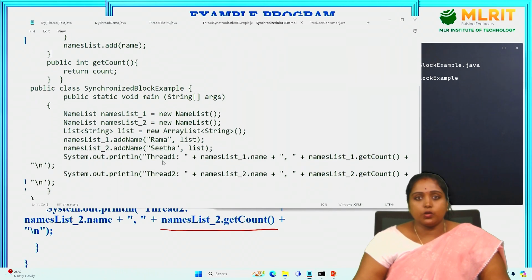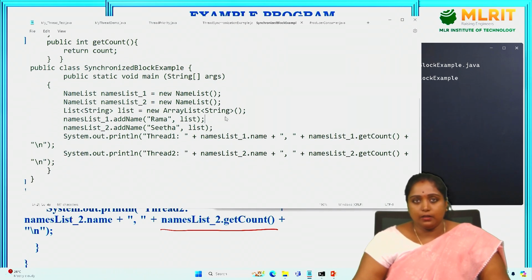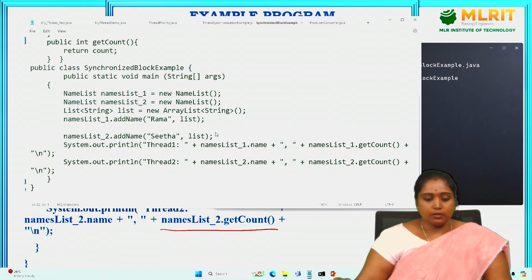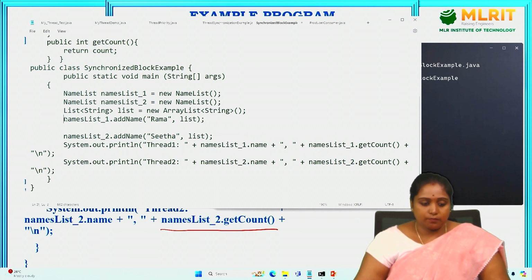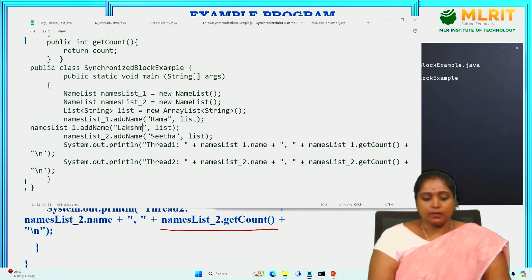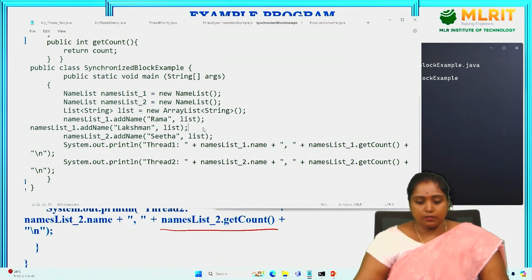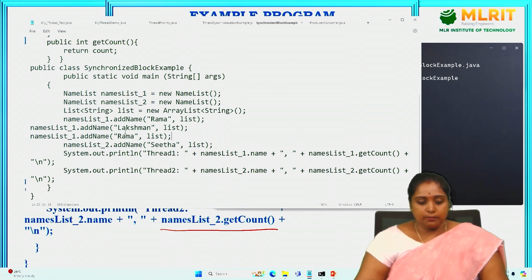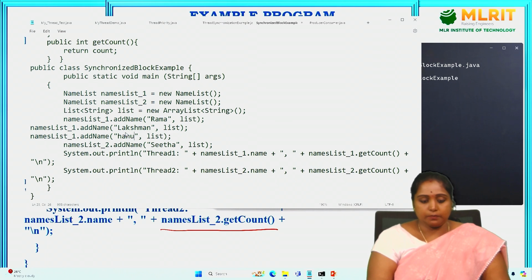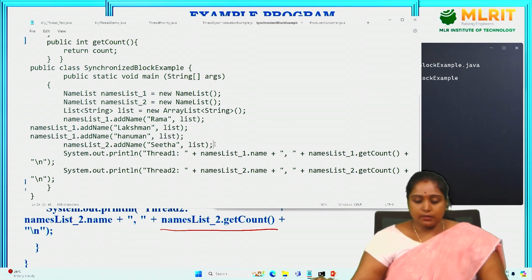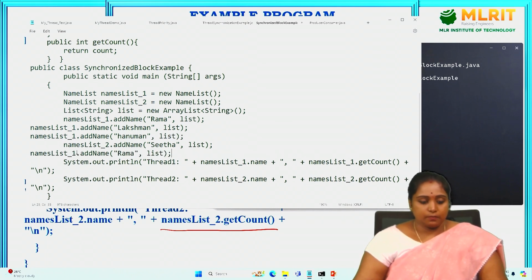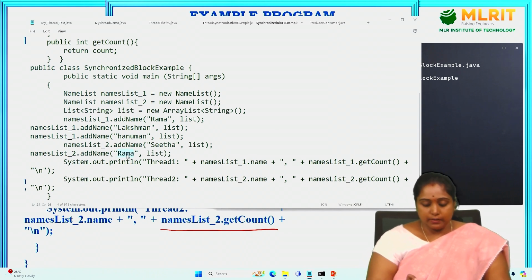If I want to add some more names, for example, Lakshman here in thread 1, I am adding 3. You might get Hanuman, and then Sita. In list 2, I am adding